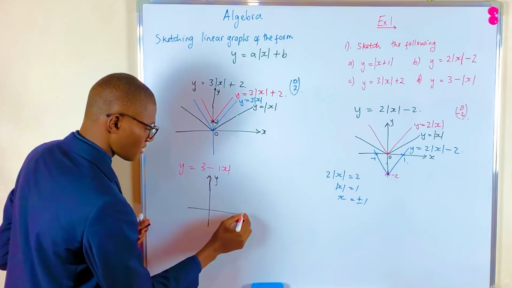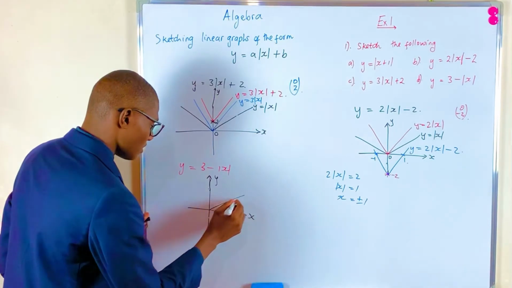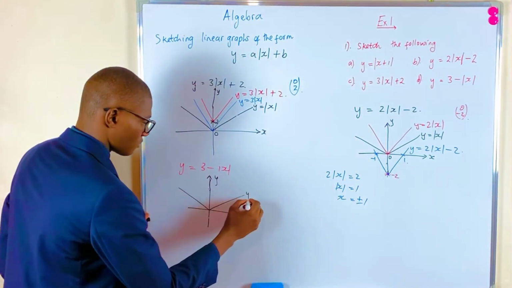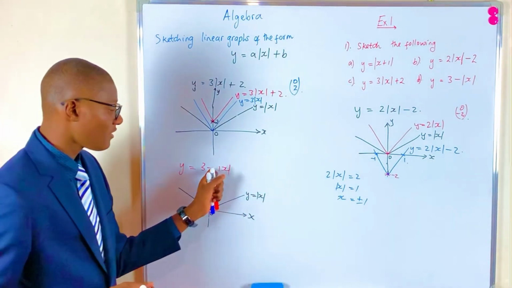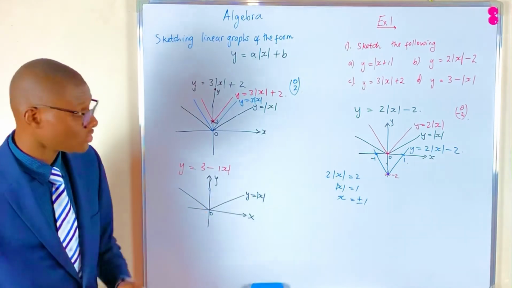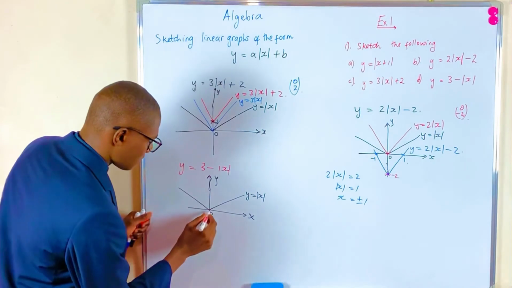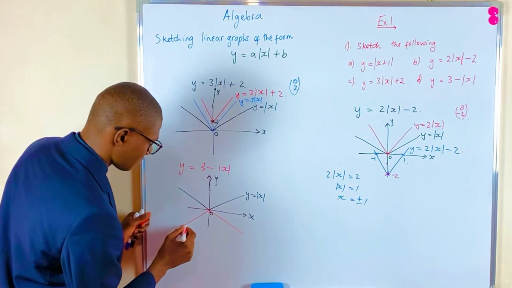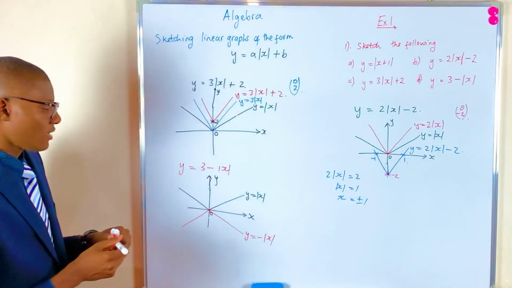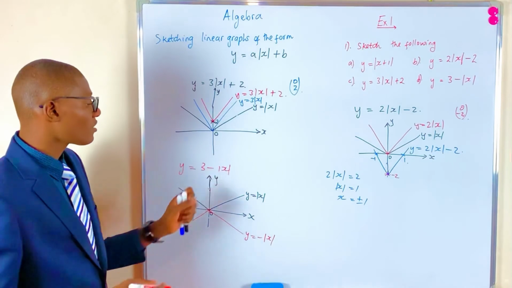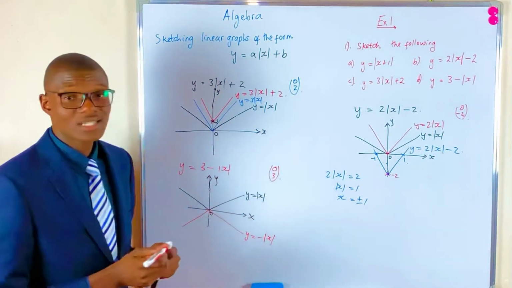this is the y-axis, x-axis. So y is equal to the modulus of x will be like this. Y is equal to the modulus of x, this is the 0 there. And then now, if we stretch it by a factor of minus 1, because remember this is minus the modulus of x, this is what happens, we've got this, and that. So this now is y is equal to minus modulus of x. Such that if we now translate it by the vector (0, 3), in other words, you're moving it 3 units upwards,